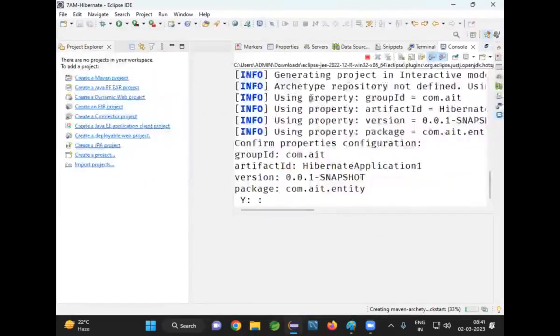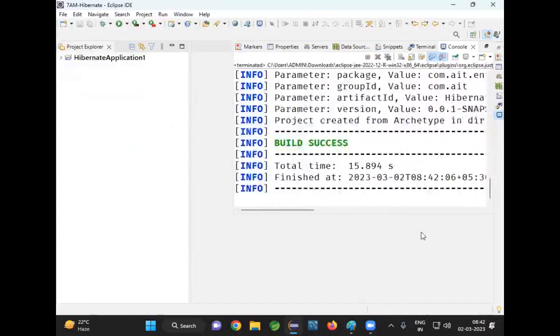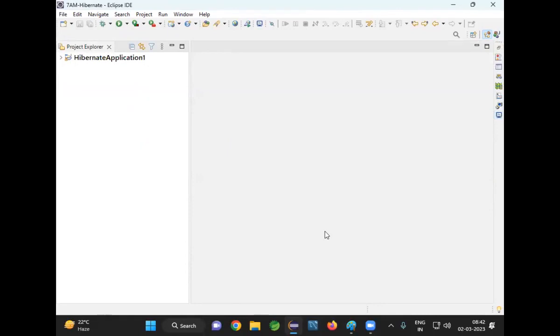When you click on finish, on the console you are getting some information, and at the last, it's asking for your confirmation. Say what? Y, either in lowercase or uppercase. When you type Y, what message do you get? Build success. Okay, you got the project at the left side. Now, in this project,